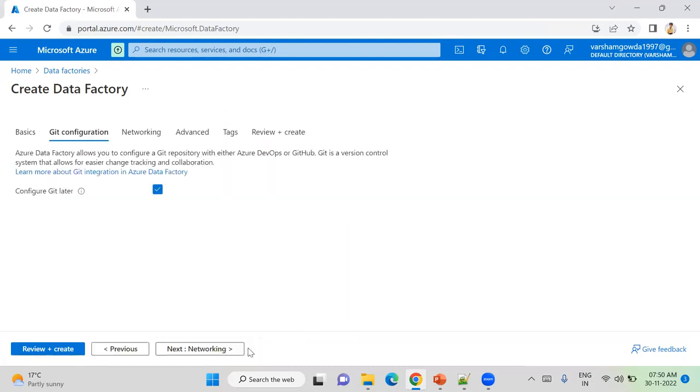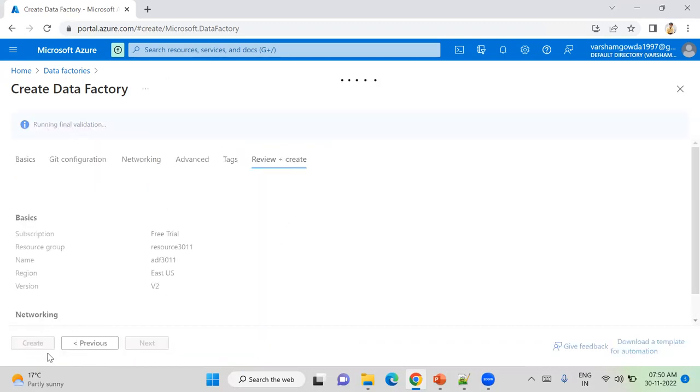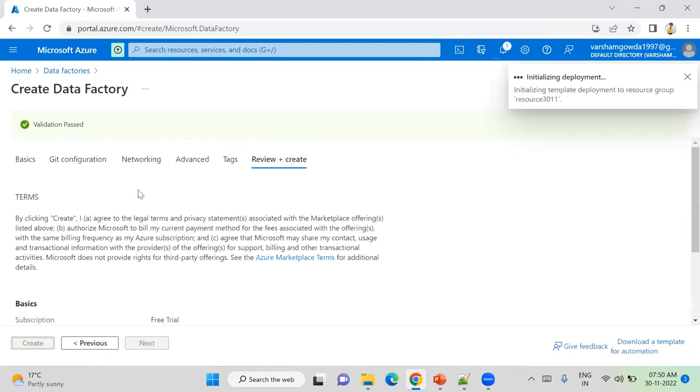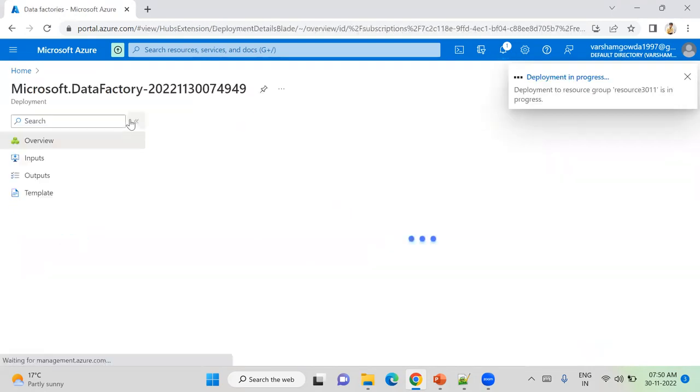Okay, this is available. Git configure later. Review plus create. Let's create it. Okay, the validation is passed. The deployment is in progress. In the meantime, I will create a